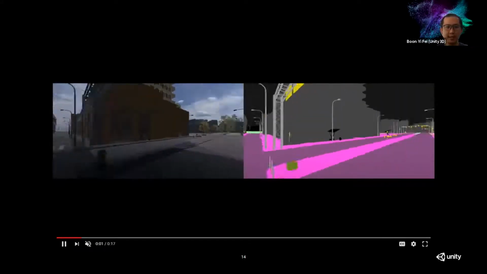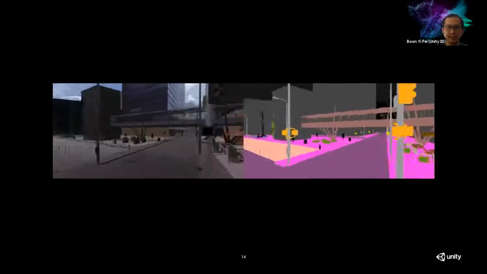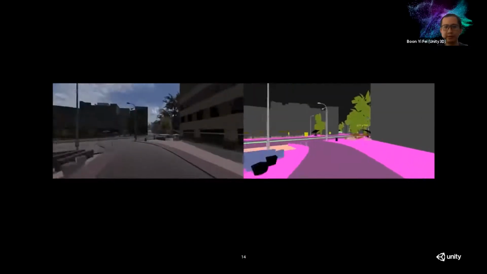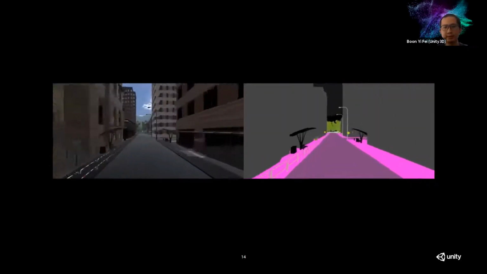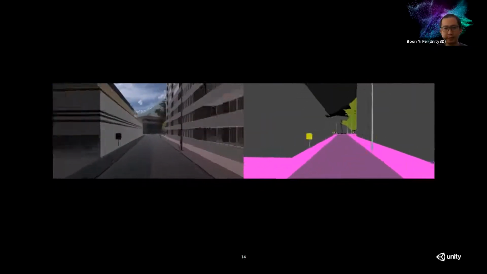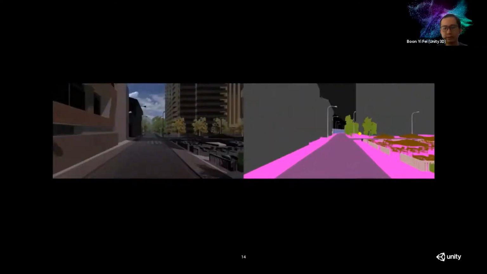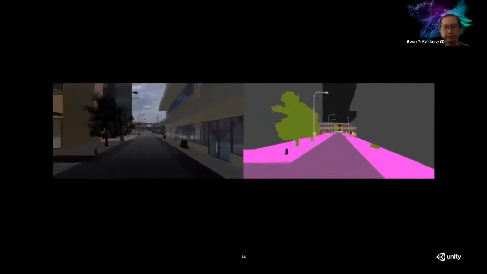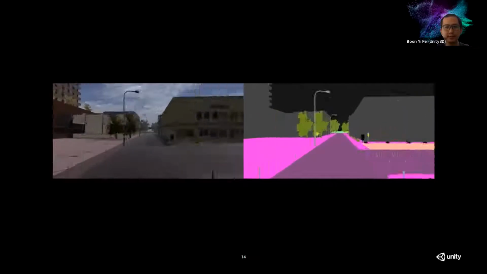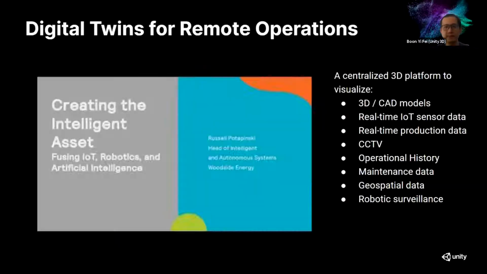So here's an example of what you would see. On the left is the synthetic data or the 3D models that you see, and then on the right, because we know exactly what they are, we can then give context to the training model. So this has a benefit of removing a lot of the errors, because